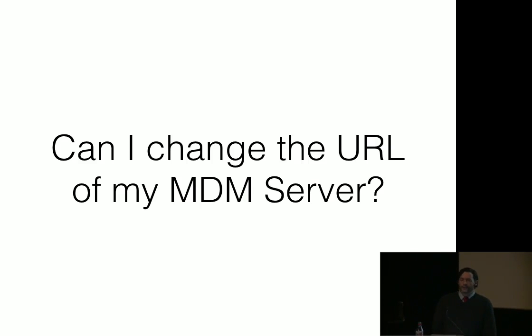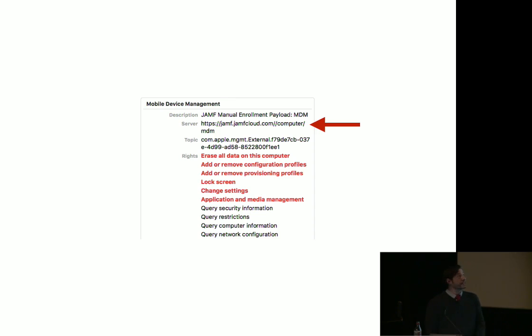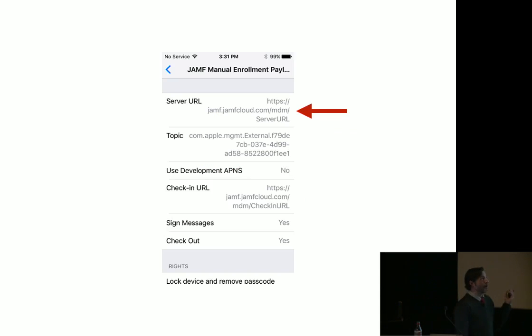So, can I change the URL of my MDM server? The answer is no. The reason is because all check-ins and all other MDM commands go to that server URL. The server URL is unalterable in a profile. So if you do change that, then you would just need to reroute DNS or do some kind of port fix to make it work. And that's the same on an iOS device. On an iOS device, you can also see the check-in URL. So the check-in command uses the check-in URL, and